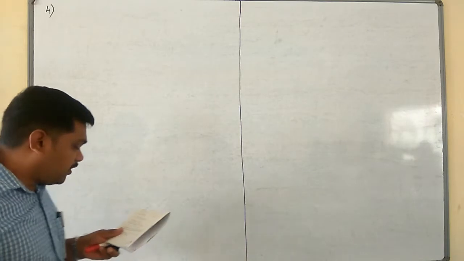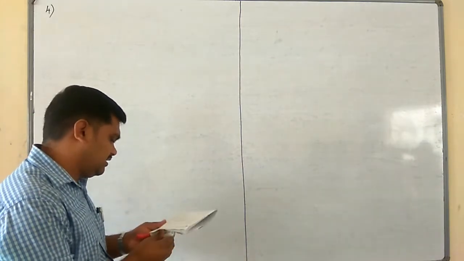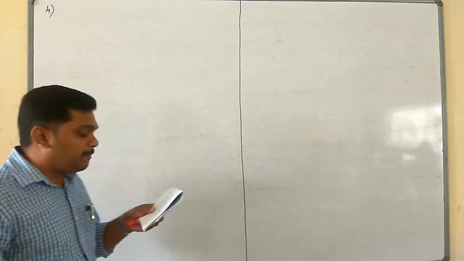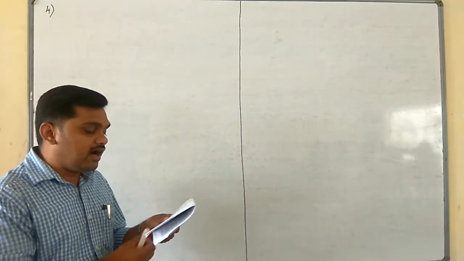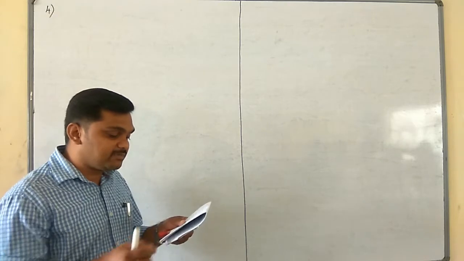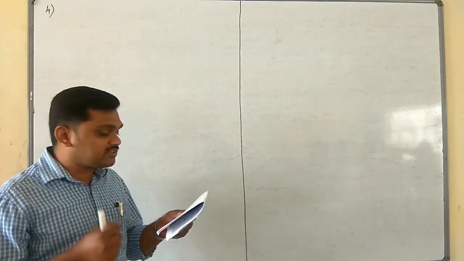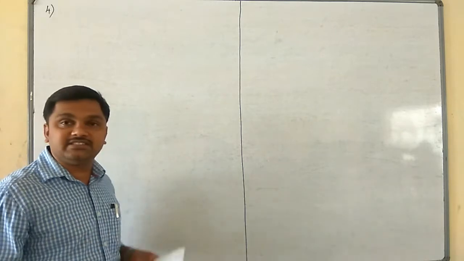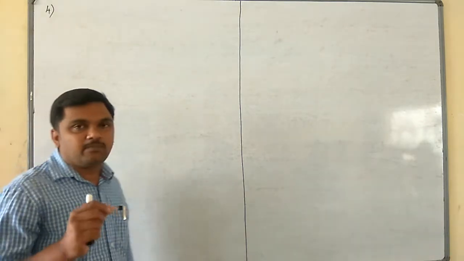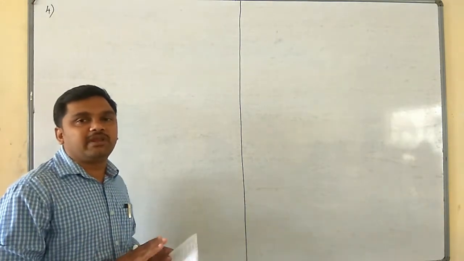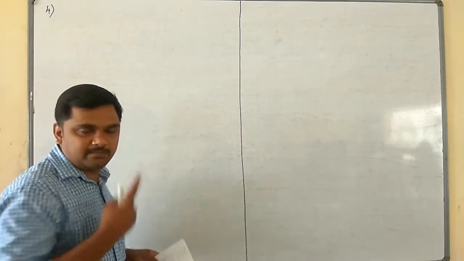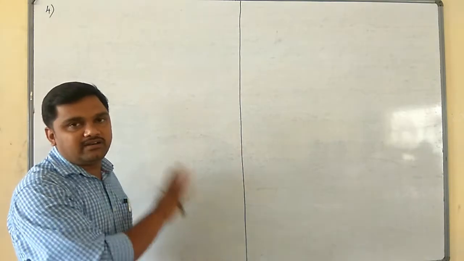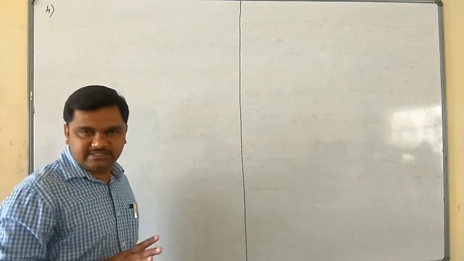The fourth numerical says that two point charges 8 microcoulomb and minus 16 microcoulomb are separated by 0.6 meter distance. Find the points on the line joining the charges at which the potential is 0. The most important numerical problem in this chapter is this one. We want to find out a set of null points, null potential points.